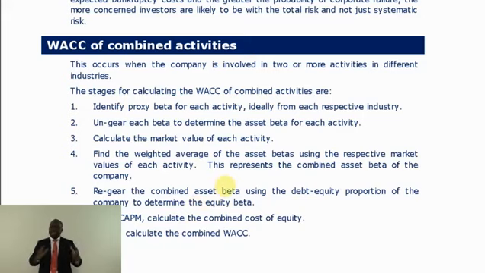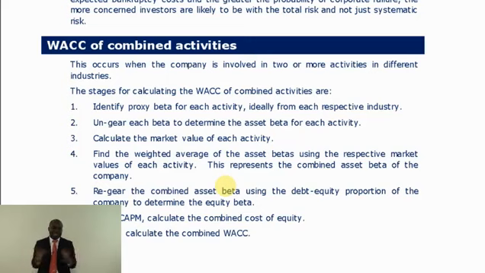Also look at the situations where you would have to use Miller and Modigliani propositions, or situations where you would have to use the geared and ungeared beta. If the question gives you beta, then you are using the geared and ungeared beta. If the question gives you cost of equity or WACC, then you are thinking of the propositions. Any situation you have to change between geared and ungeared, it's either proposition or the geared and ungeared beta. The whole answer is which one is given to me. If you've given me beta, simple, geared and ungeared beta. If it's giving me cost of equity and WACC, go to propositions.